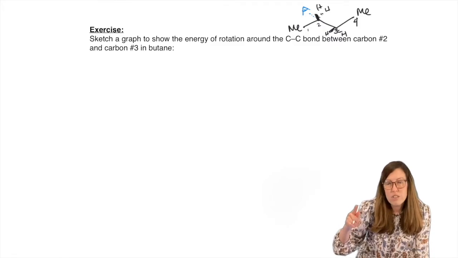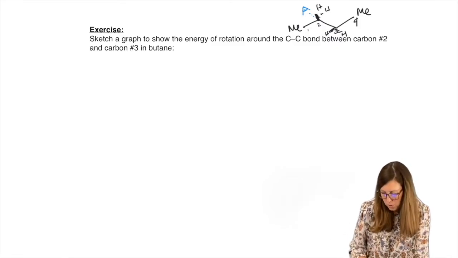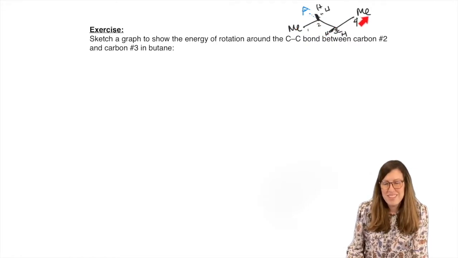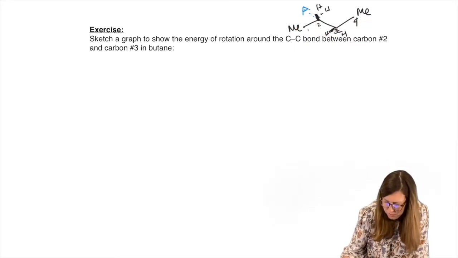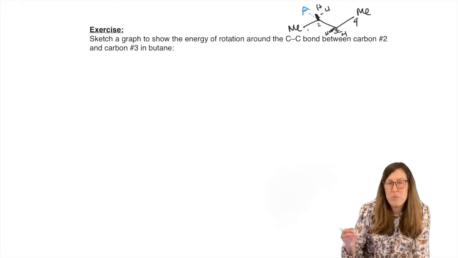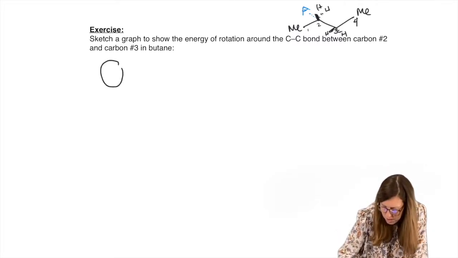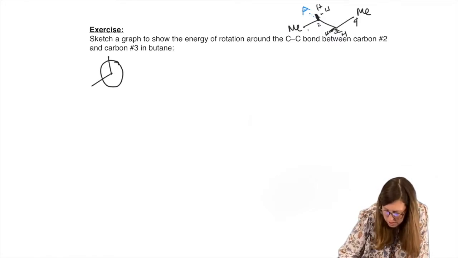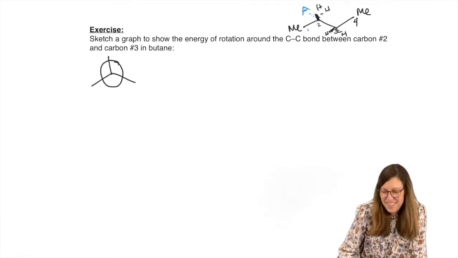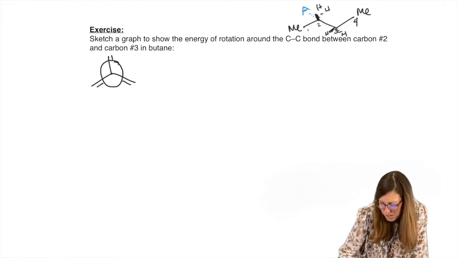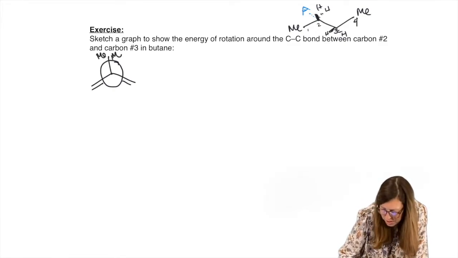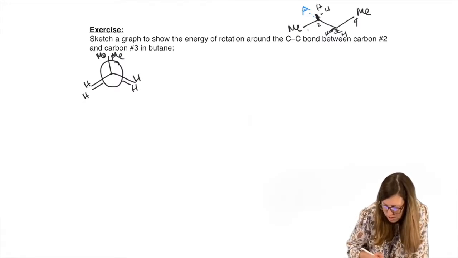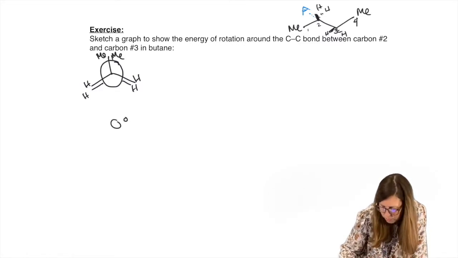Let's start at 0 degrees again. What does that mean? That means the methyl won't look like this. We won't have the zigzag, we'll have the U shape. In other words, the methyls will be eclipsed. So in order for them to be 0 degrees, let's go ahead and do the Mercedes-Benz sign this way, and then have them lined up. In order for them to be 0 degrees, that means the methyl is next to the methyl. And then everything else is H's, so this is actually fairly simple to start. Okay, so this is 0 degrees.